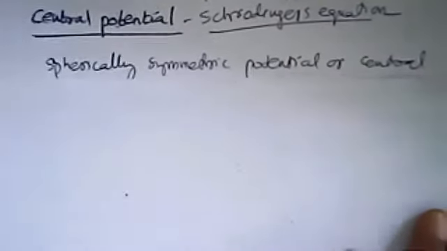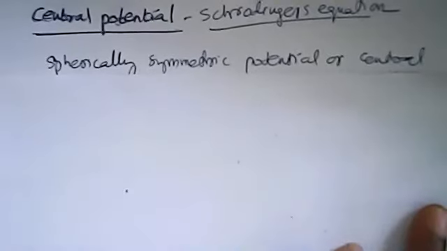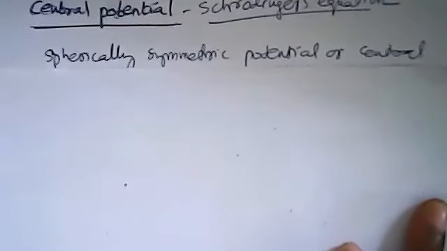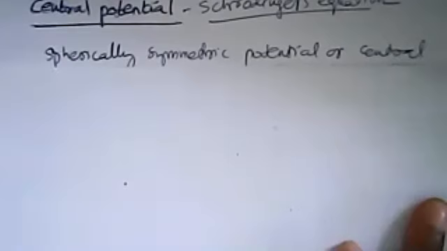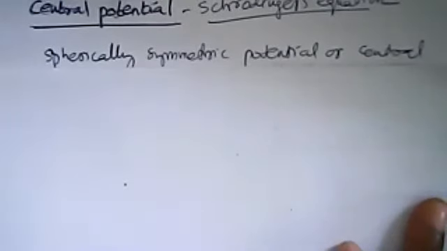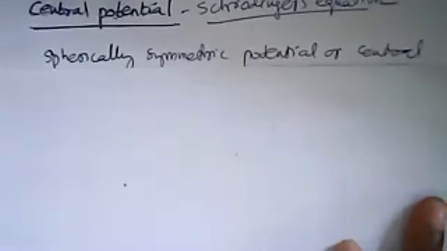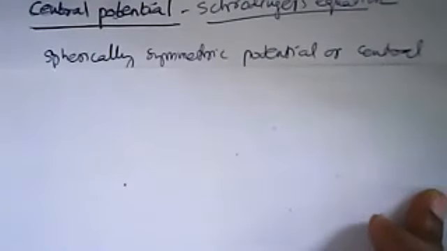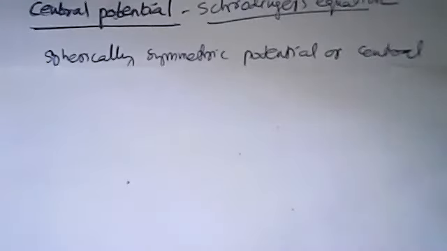The remaining portion is central potential. Okay, so we are on central potential. We know, the best example is the atom. The atom's nucleus is at the center, so the potential is from the center. The interaction, the force, is from the center of the atom. So such examples can be broadly classified as central potential problems.